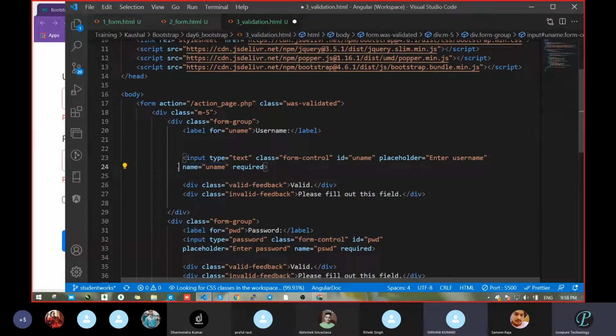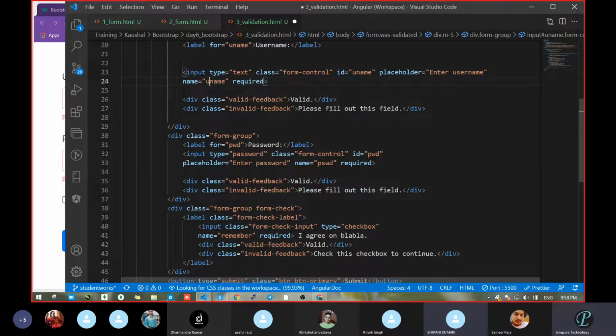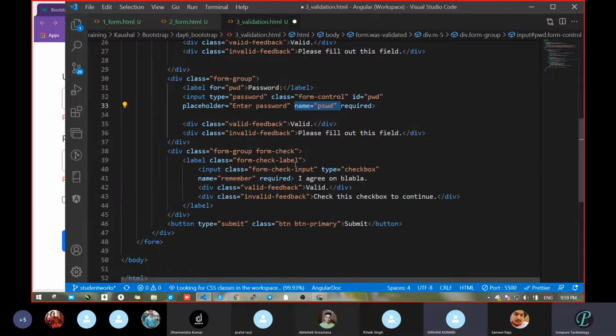So if you will pass name, and in name you had passed some value. Clear? Same thing you did for the other input field also. Here you pass one name property. In name you can pass any value, that's not the matter, but you have to have one attribute, that is name. And in name, as you pass the value with the help of this required field, two extra things are available, that is required and name.